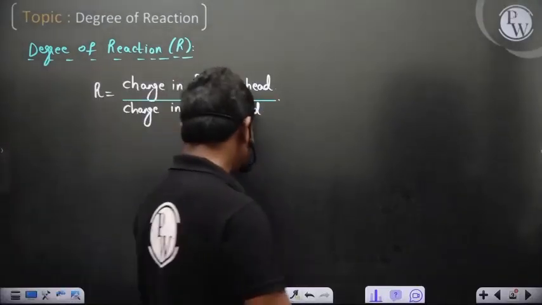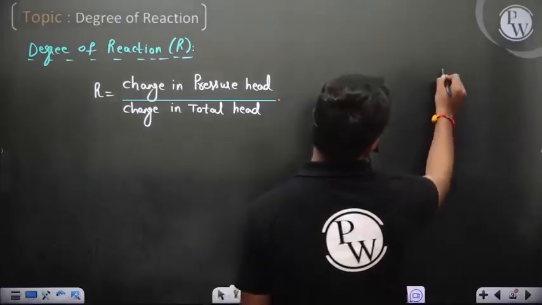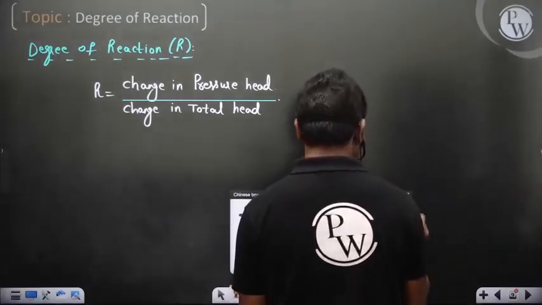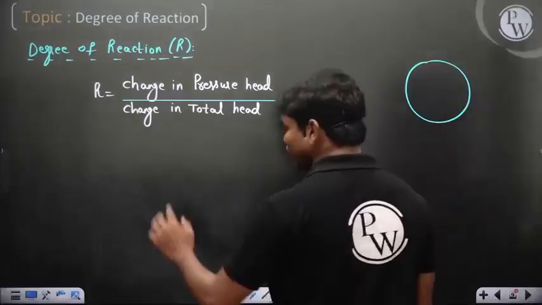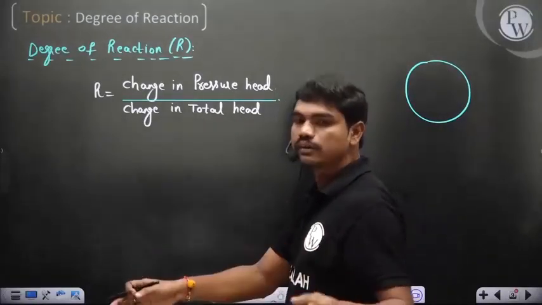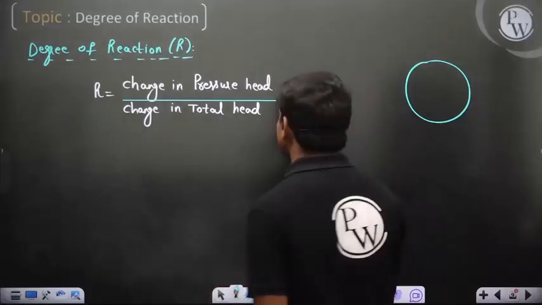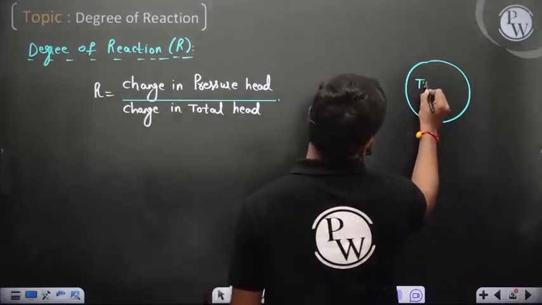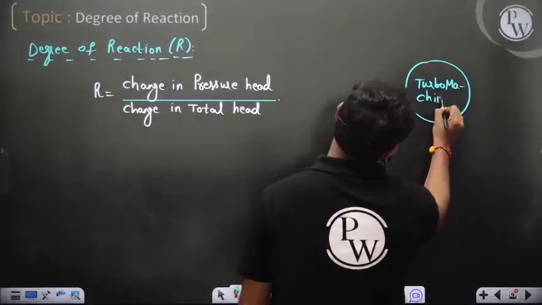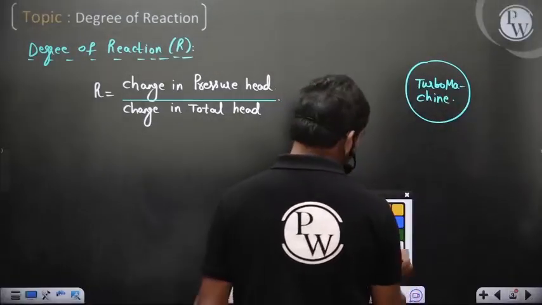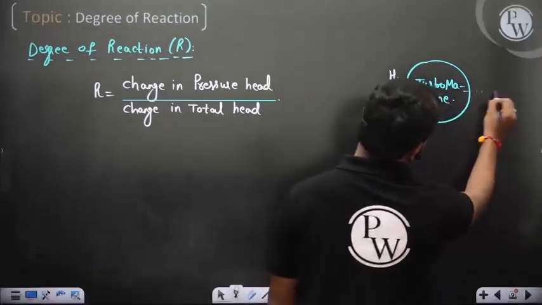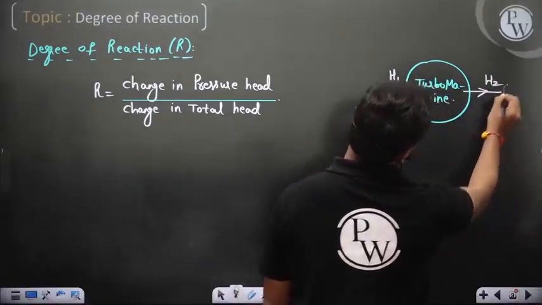Like for example, as I also told in the last class, if you have a turbo machine, this is general. Again, I didn't start turbines. Okay, this is all the analysis of Reynolds transport theorem, Euler's equation, degree of reaction. These definitions are for any turbo machine, pump, compressor, turbine, anything. So if this is a turbo machine, then if the total head available is H1, the total head going out is H2, then